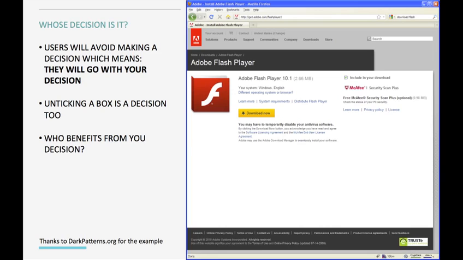Okay. And this is a very common example, and it's very tiny on this screen. I was, of course, imagining I would be in a huge auditorium. There's a little tick box there that says, as you download your Flash player, you should also download the McAfee virus application. Okay. And it's ticked. This decision has been made for me. And I'm likely just going to continue and download this application on top of my Flash application, even though I didn't mean to. Okay, right?